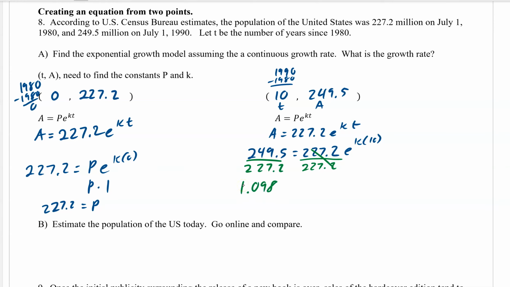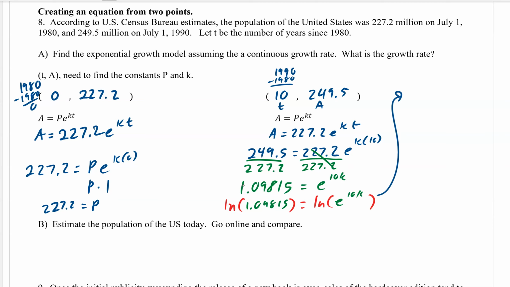Then again, if you put a natural log around each of these, that allows us to bring the exponent down, and we end up with 0.09368 equals 10k. The natural log and the e basically cancel and give you 10k. Now if we just divide by 10, we get